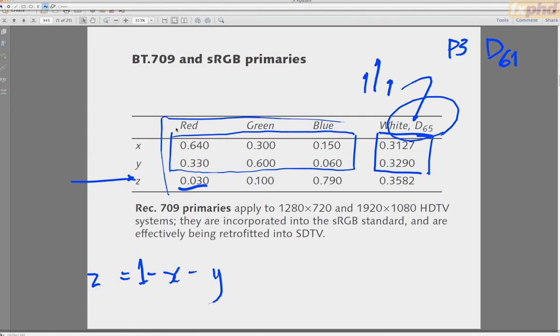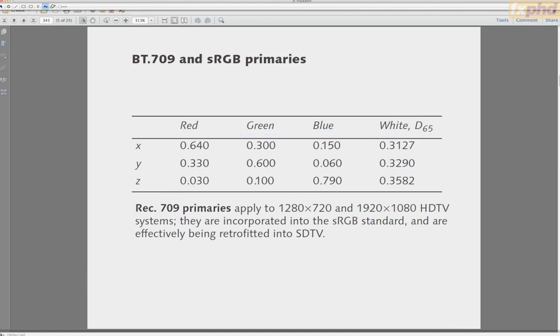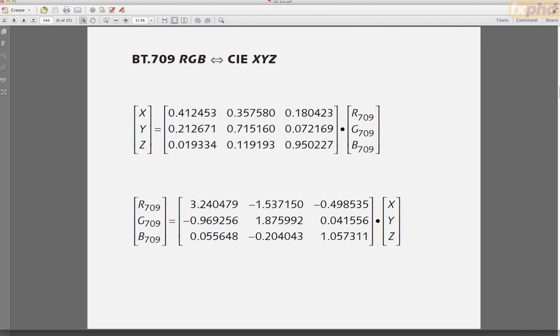But for mathematical purposes, it's useful to have this 3 by 3 matrix. So you characterize the primaries with that scheme, and those are exactly the little x and little y coordinates on the horseshoe diagram. So if those coordinates lie within the horseshoe, you can make that primary physically. If they lie outside, you can't. It's a non-realizable color.